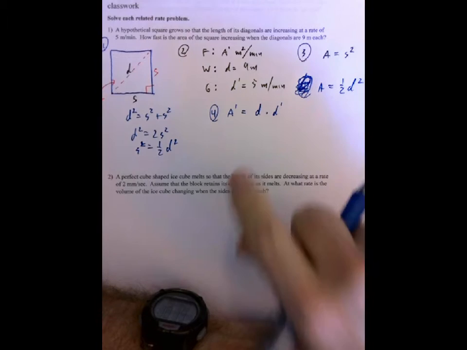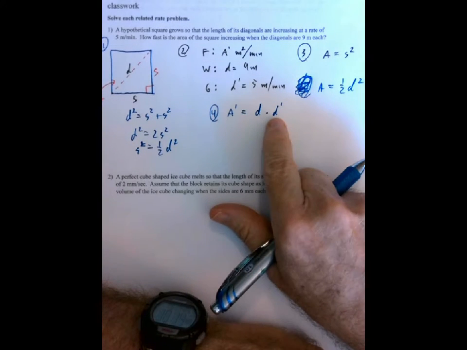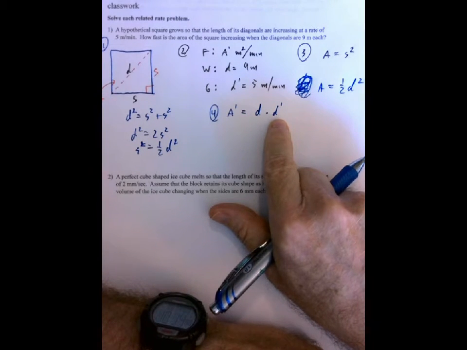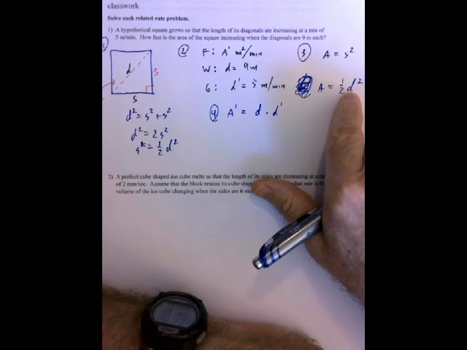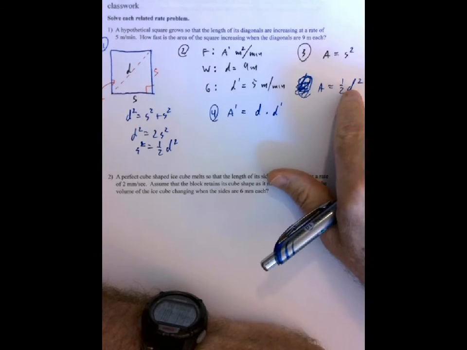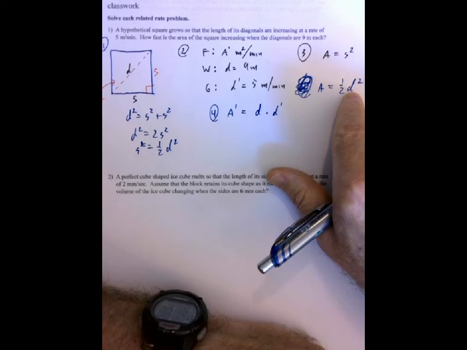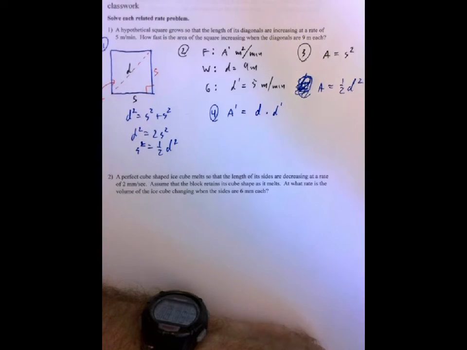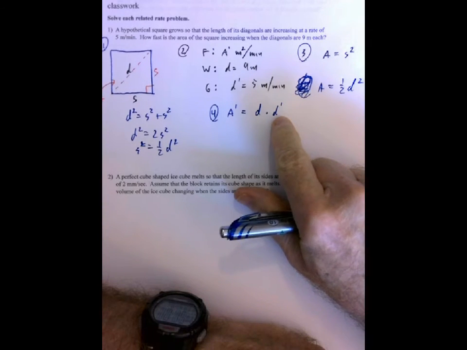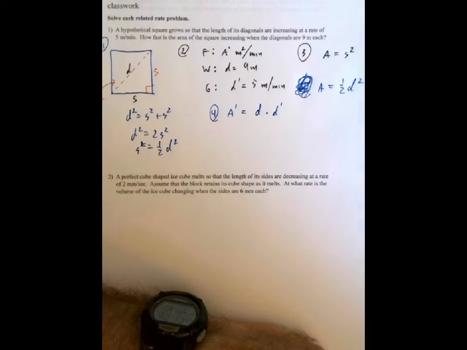So remember that we have to have an a primed and a d primed here. The derivative of d here is not 1, because it itself is a function that's changing. It's a function of time. So rather than 1 here, we put d prime. Okay? All right, so now that we've done that,